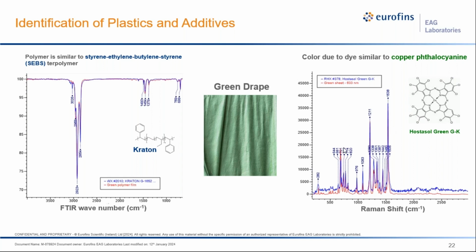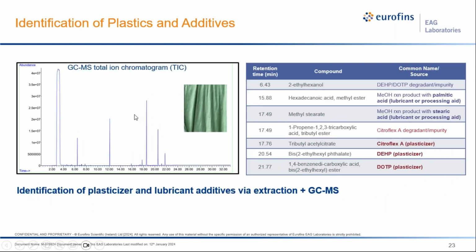Now, if we do GCMS on this, my next slide, we're going to see something completely different yet. So with GCMS, we would take a little piece of this fabric, this drape material, do an extraction on it, and then inject it into our GC. And then this is our total ion chromatogram, so you can see the series of peaks. And what do we find in it? We find various lubricant or processing aids, as well as plasticizers. So now you can see how 3 techniques aimed at one material can be very useful for identifying different components of it.